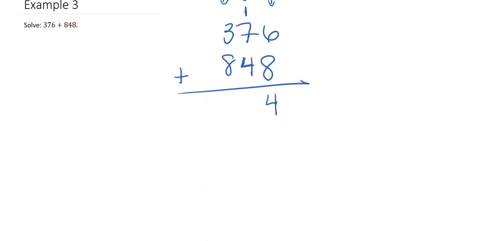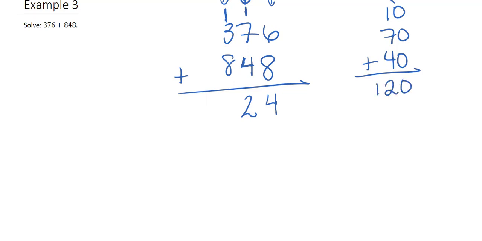1 plus 7 is 8, plus 4 is 12. So that means we have a full 20, and then we have a whole 1 in the 100s spot. If there's 12 here, essentially if you did 10 plus 70 plus 40, that's what we did on this column. So we said 10 plus 70 is 80, plus another 40 is 120. So we don't need to add the 0 to this one, it doesn't change anything there. But we have this 20